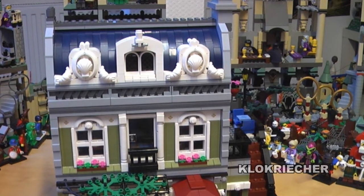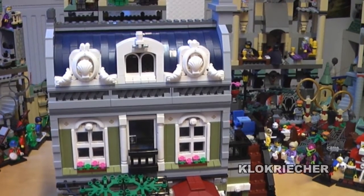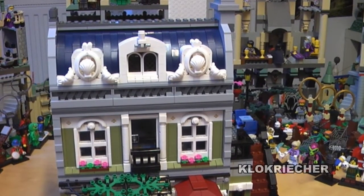Now let's get to my final thoughts and recommendations right now. Okay, now to my final thoughts and recommendations of the set. Overall, it's just another awesome modular which Lego has done here, and I like every bit of the set. This is so fantastic, so attractive, and Lego has done it again. They've